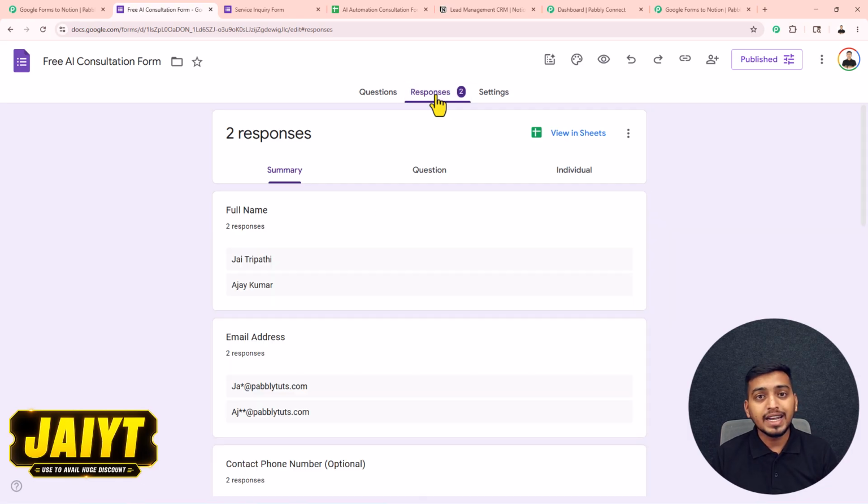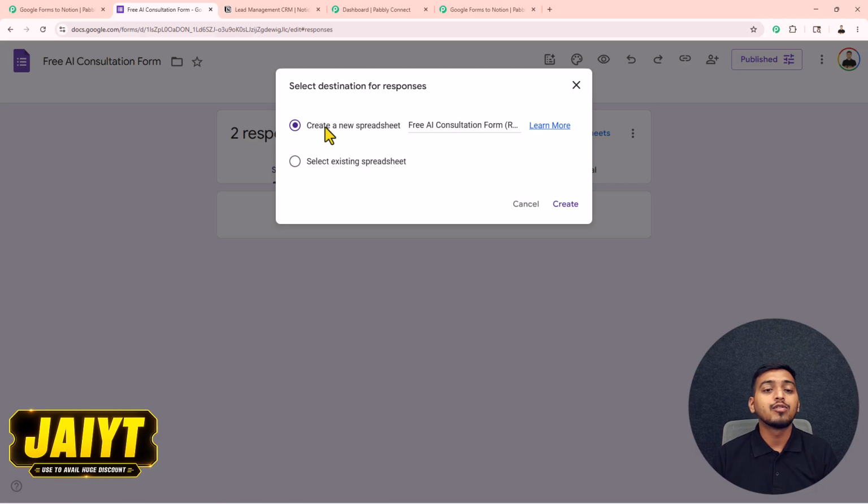If you have already integrated, this view in sheet will be visible to you. But if you haven't integrated your form, this link in sheets will be visible to you. You have to click on this link on sheets, and then from here you have to select among these two options, create a new spreadsheet or select existing spreadsheet. As I've already created a spreadsheet, so that's why I will select this option. But if you want to create a new one, you can select this option,